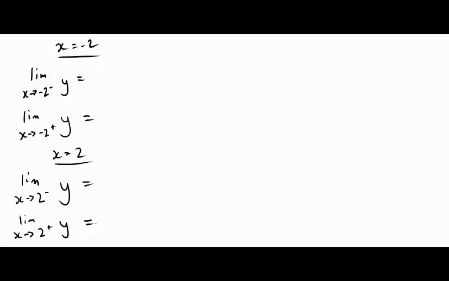This is where, depending on the particular function, the next steps are going to look different in your head. You can nitty-gritty pick a number that's very close to -2 from the left and plug it into the equation and just work it out. It's a little bit slower, but if that's what you end up needing to do, that's what you do. And then from the right. So what would I pick